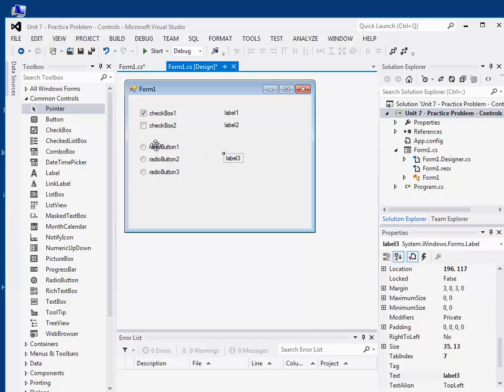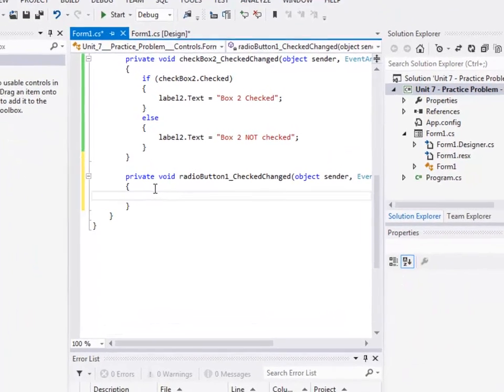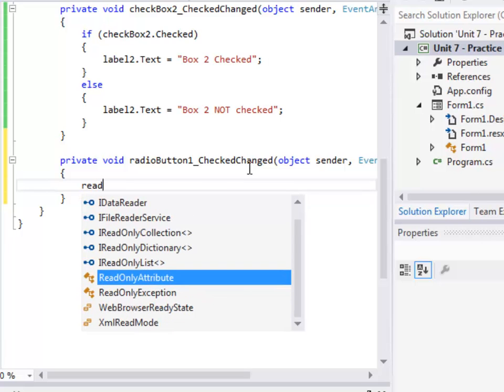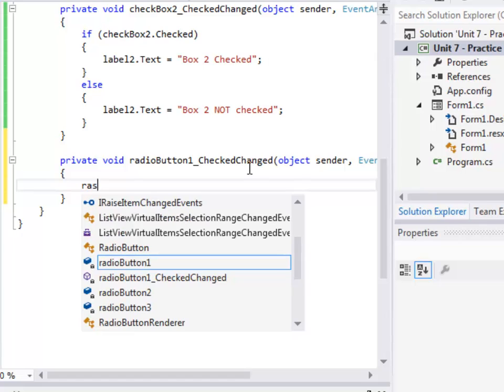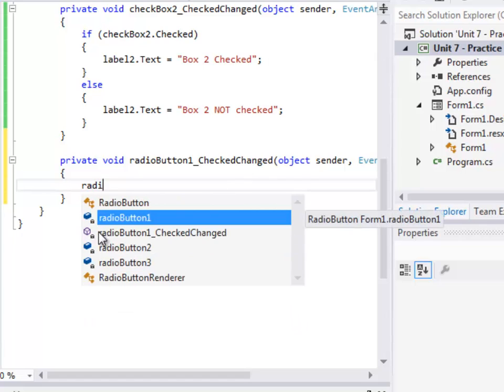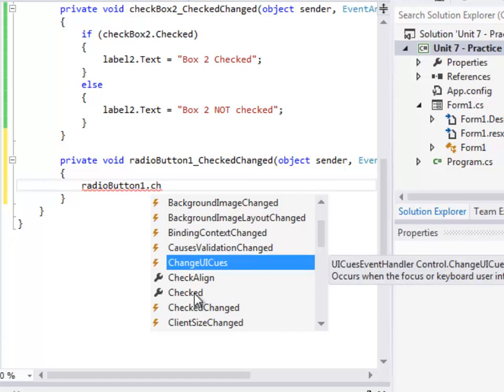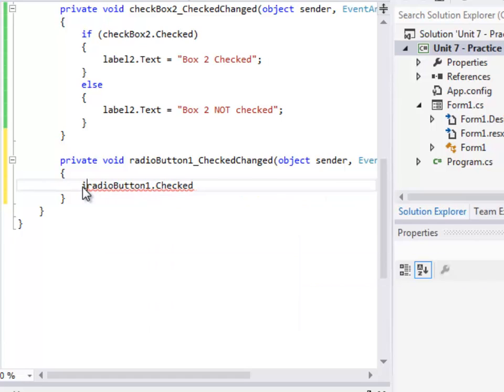working on. I will look at the events from here, and again, similar to checkboxes, we'll look at the checked event. So I'm just going to go into radio button 1, and there's a checked change event similar to checkboxes, and then I can just look at radio button 1 dot checked. I'm going to put that in an if-then statement. If radio button 1 dot checked,